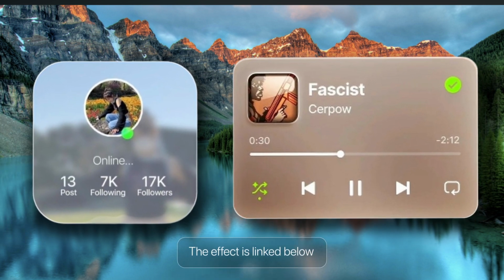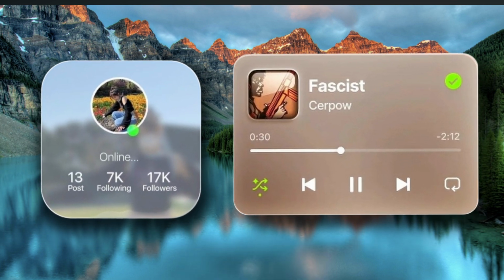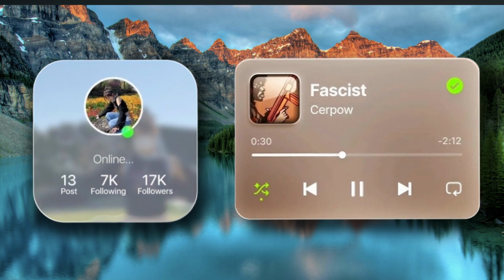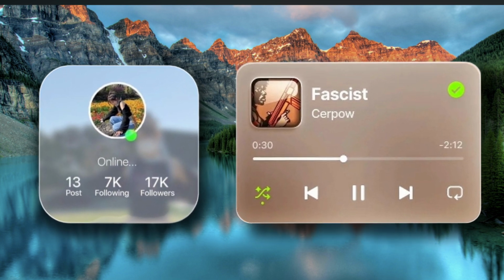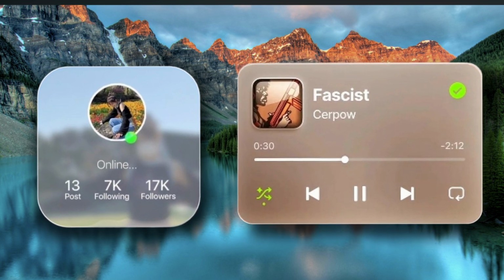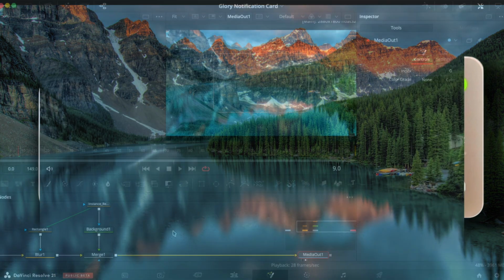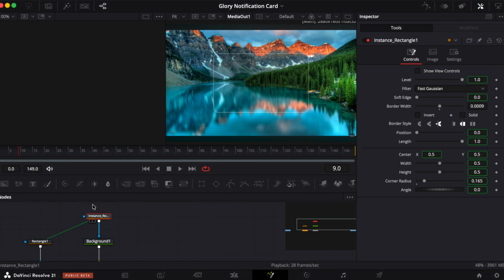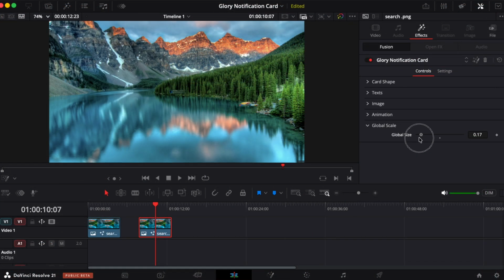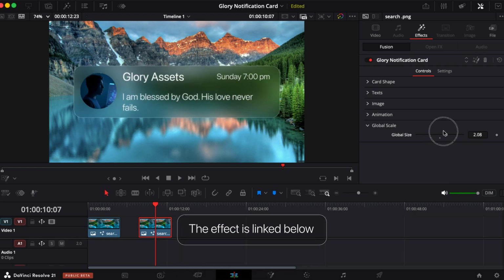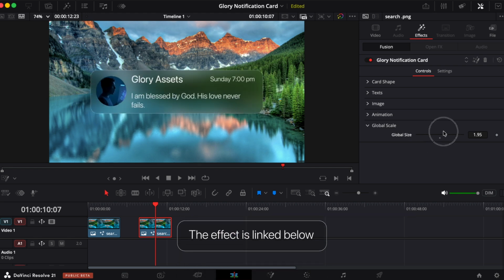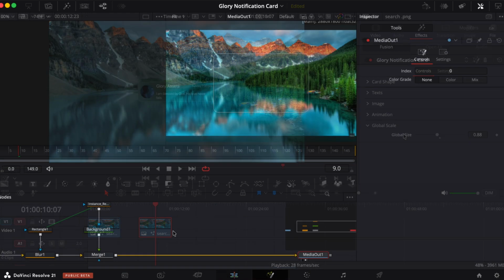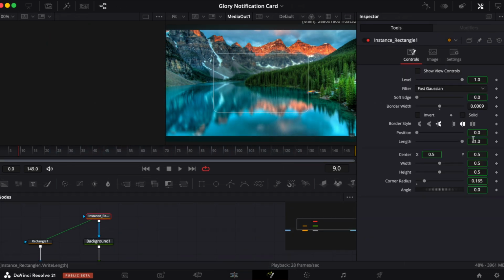If you don't want to be building this all the time and wasting time to do just something as simple as this, and always having to come over here to look for which control to change and all of that, I have built it for you to just drag and drop and instantly customize it to get the kind of look you want. Well, now if you want to turn this into a notification card with your rectangle controls,